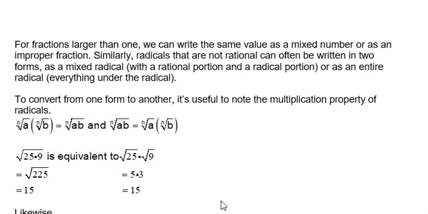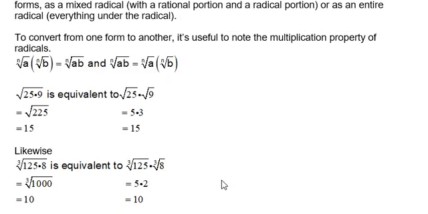This will also work when they don't work out rationally. Another example here, cube root of 125 times 8. I can do the multiplication first, which gives me 1,000 under the radical, and the cube root of 1,000 is 10. Or I can do them separately: the cube root of 125 is 5, and the cube root of 8 is 2, so I'm left with 5 times 2, which is 10. So it doesn't matter which order we do it in with this multiplication property of radicals, we get the same